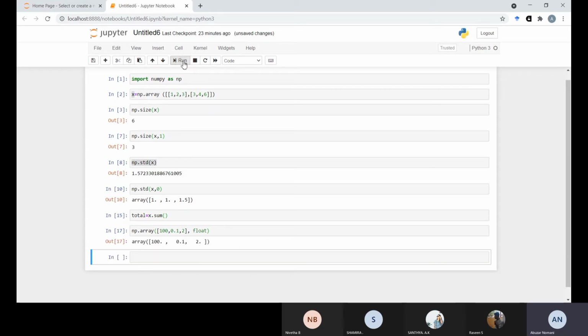Now if you run, you can see, because earlier it was showing error, because here this 0.1 is in decimal representation, and the remaining part of this array is not in decimal. So those which are in decimal are treated as float.